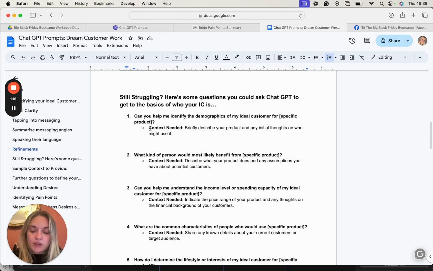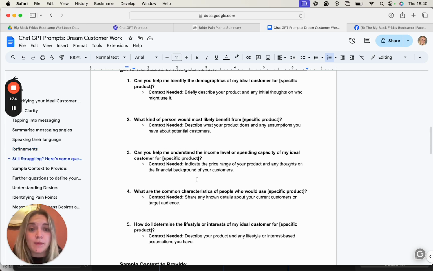It's somewhat important to have a picture of your ideal customer and a rough idea of age and lifestyle and things like that. But what we really want to focus in on is the more nitty gritty around desires, pain points, beliefs, values, all of that stuff. So do this one to get a little bit of context, but then you want to really go more into the detail of what kind of person would most likely benefit from this product, and describe what your product does, or what it offers, what it is,